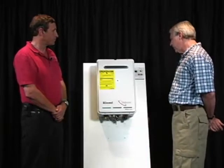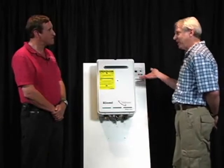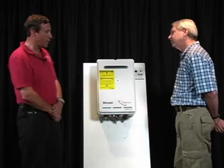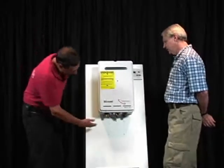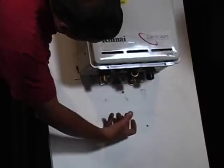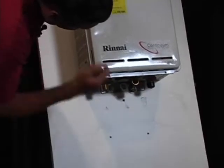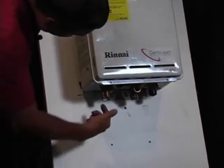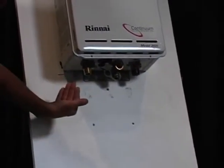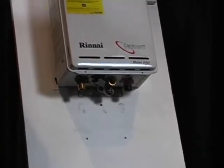What can inspectors be looking for when they come to the back of a home and see one of these? Yes, on an outdoor unit, the things really to look for are whether or not the pipes are protected. There's no piping on here, but on an outdoor install you'd have piping coming off the bottom and gas piping over here. This piping needs to be protected from freezing, and there should be some heat tape wrapped around the pipes, and there should be some insulation on the pipes. There should be a cover box around this that actually covers the pipes and protects them from freezing and from